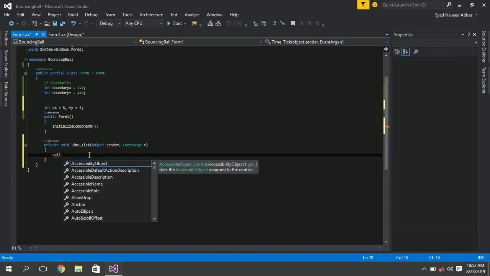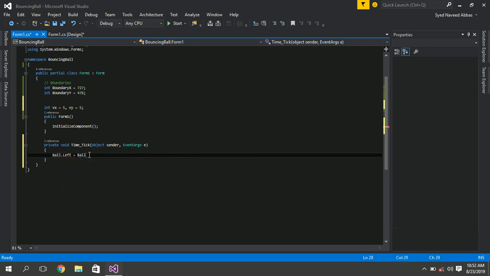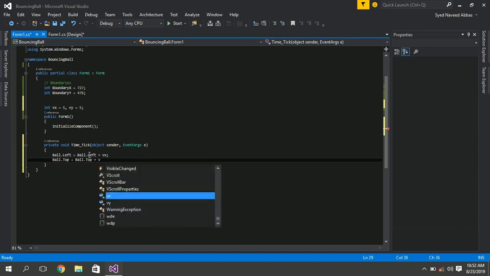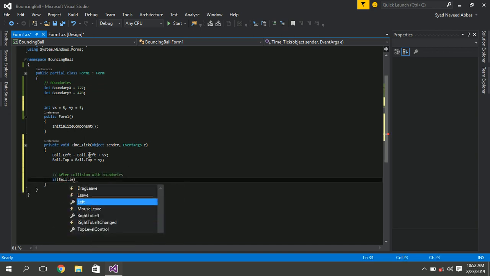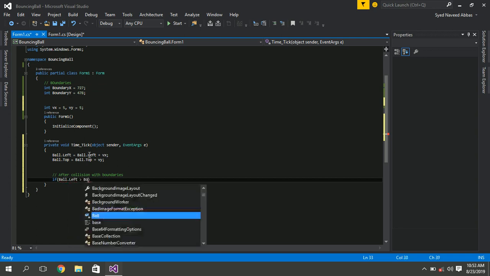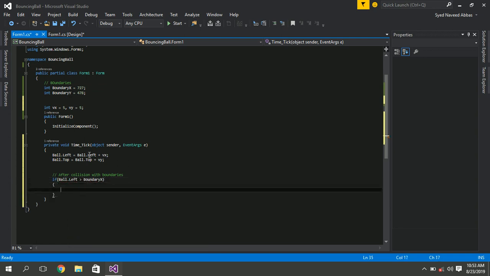After every 10 milliseconds the ball moves by Vx pixels along the x-axis and Vy pixels along the y-axis. When the ball touches the x boundary, its direction is reversed.